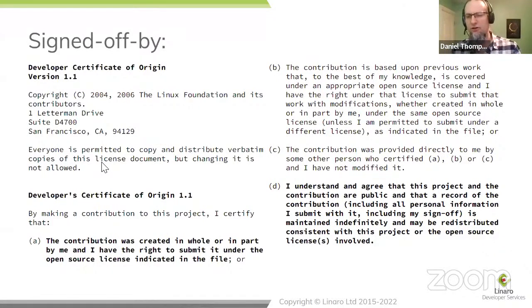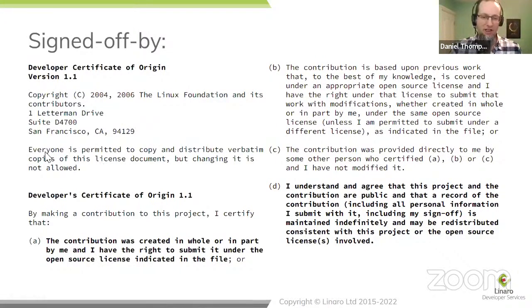Section D doesn't have the same level of reputational risk attached to it. It's basically saying that you understand that the record of contributions to the Linux kernel are public and unmodifiable. The nature of Git is that once your email address has been written into the version history, the chain of hashes means it cannot be changed. If it was changed, the version control system would actually break. So we're basically disclaiming certain privacy rights by assigning D.